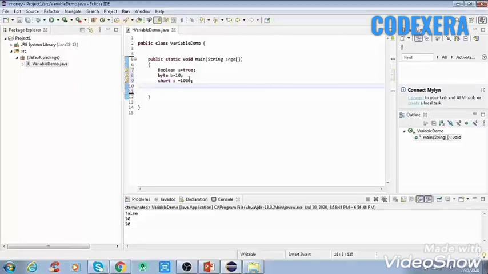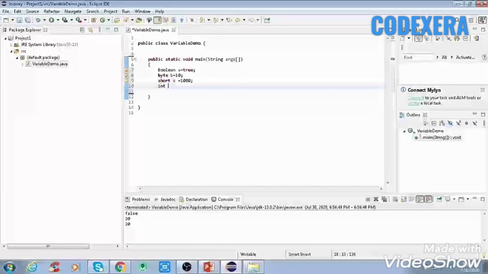After that there is an important data type which we use very much in the Java programming language, that is the int data type, that is integer. It is a 32-bit signed two's complement integer. Its value is from -2 to the power 31 to +2 to the power 31 minus 1, where -2 to the power 31 is the minimum value and 2 to the power 31 minus 1 is the maximum value, and its default value is 0.